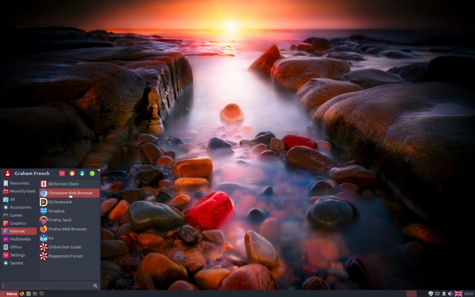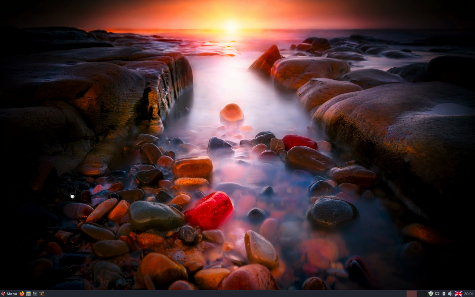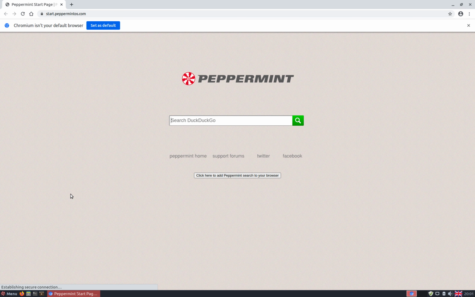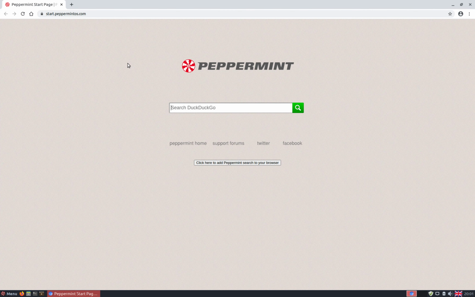There's Chromium web browser, which you might be half familiar with, maybe. Chromium is an open source version of Chrome. Chrome is the Google product. Chromium is exactly the same thing, but it was the development forum for Chrome, and it's now maintained by a company called Canonical, who are the publishers of Ubuntu, another Linux distribution. If you want to use Chrome or Chromium, you can do this and you can set up your Google account, your Google Drive and all of that to link in exactly the same way as you would in Chrome itself. But this is Chromium, as I say, which is an open source